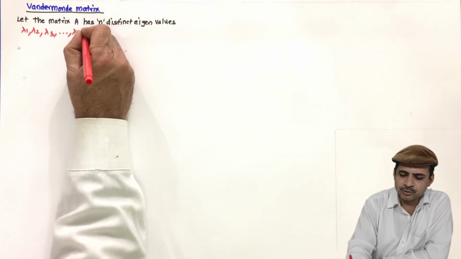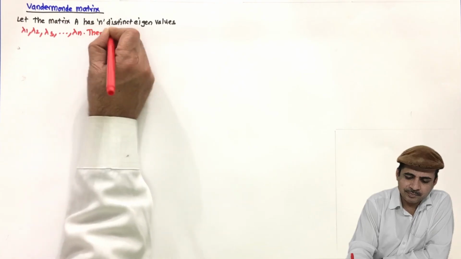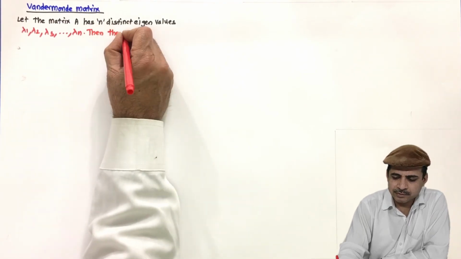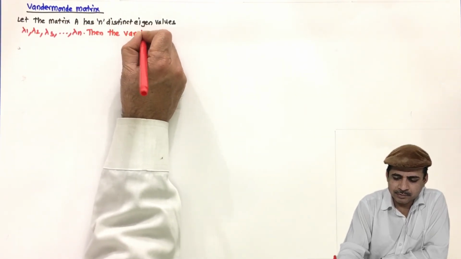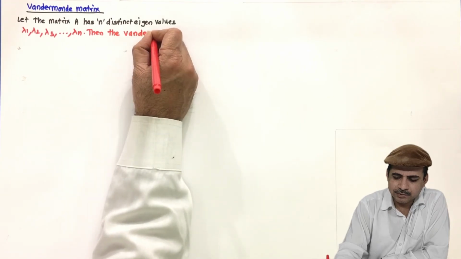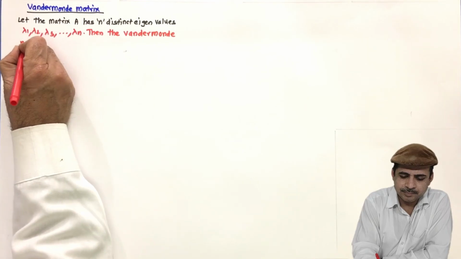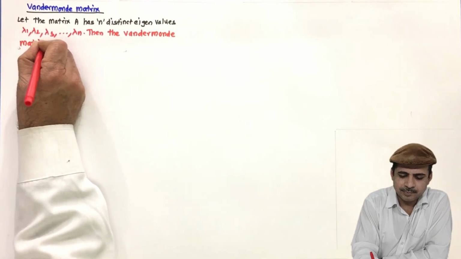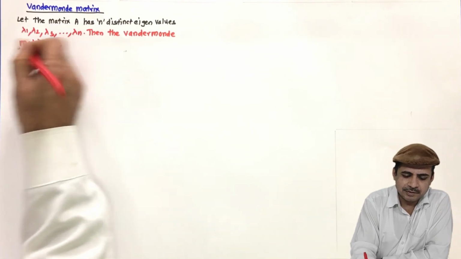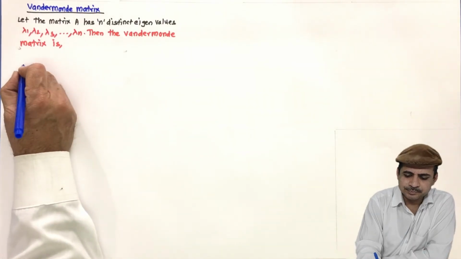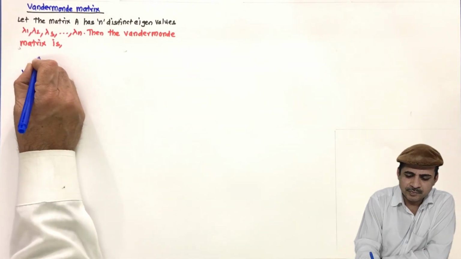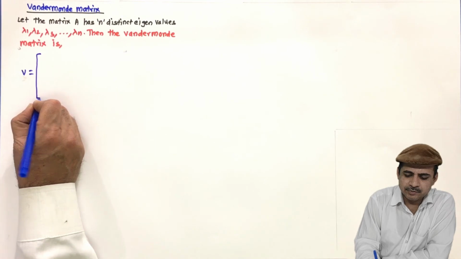So if it is so, then the Vandermonde matrix is, let us denote it by V, and it is given by